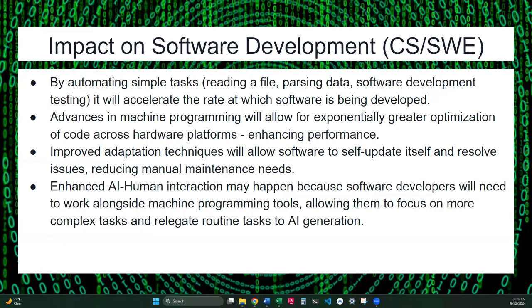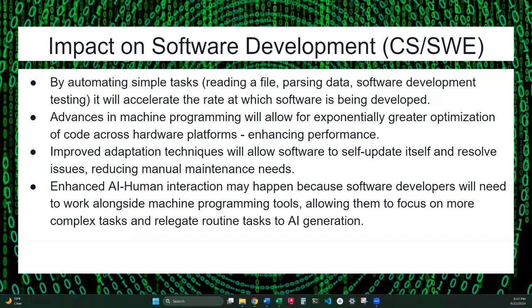As algorithms improve, software will be able to run more efficiently and effectively, which would leverage the full capabilities of the hardware that's being used. Improved adaptation techniques will allow software to self-update and resolve issues autonomously. This capability will reduce the need for manual maintenance, which would make software systems more resilient and cheaper to run.